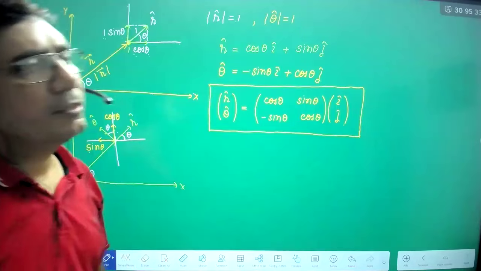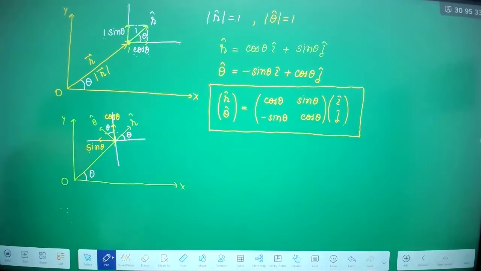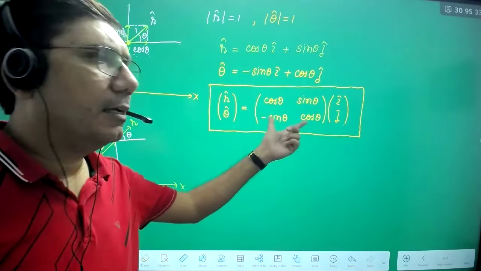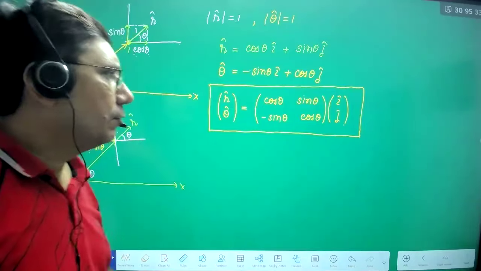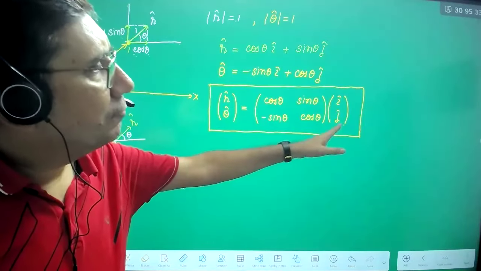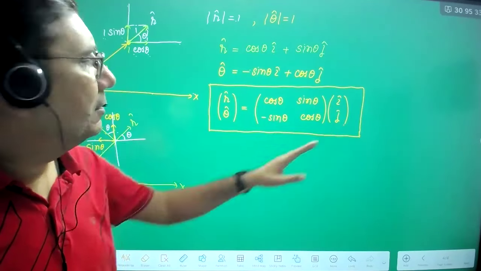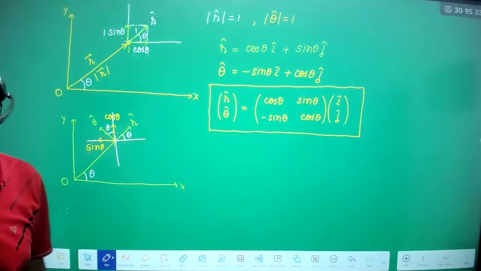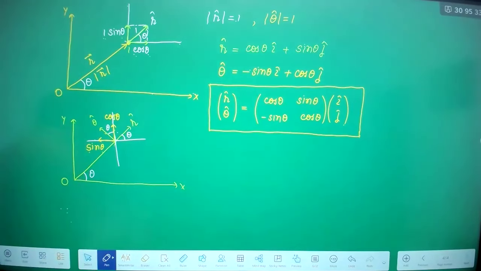This is the transformational matrix, the rotational matrix actually. So with the help of this matrix equation, you can transform from the xy coordinate system to the polar coordinate system. You can move. Okay? The reverse of this is also possible, but before that,